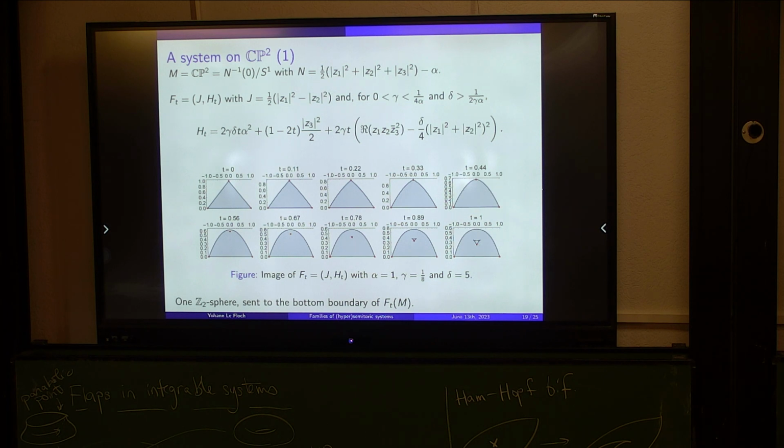No. Okay. And I think, I mean, we think, and the point is, you have these bounds on delta and gamma, and if you take the optimal gamma and delta to saturate the inequality we use so that the Z2 sphere arrives at the bottom of the momentum map image, this is exactly what will happen. The point will do the same as in their system. You won't see the flap because at t equals 1, it will arrive here exactly on the Z2 sphere, and so your system is not hypersymmetric, it's whatever, I don't know.